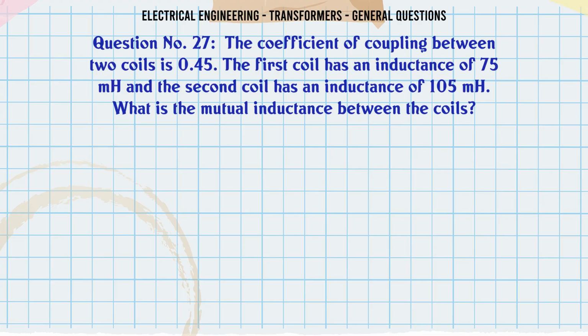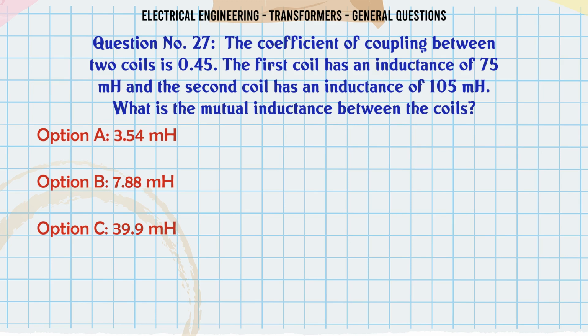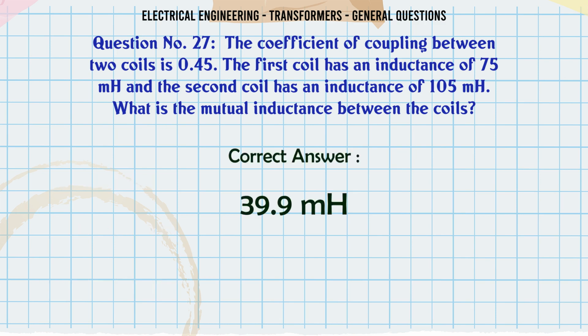The coefficient of coupling between two coils is 0.45. The first coil has an inductance of 75 mH and the second coil has an inductance of 105 mH. What is the mutual inductance between the coils? A. 3.54 mH, B. 7.88 mH, C. 39.9 mH, D. 189.3 mH. The correct answer is